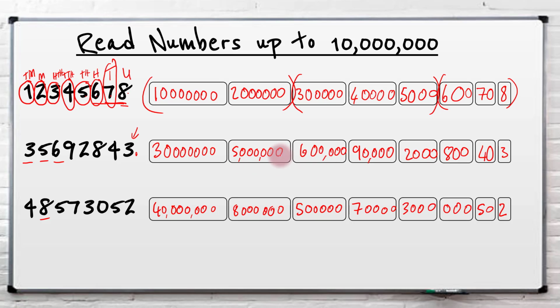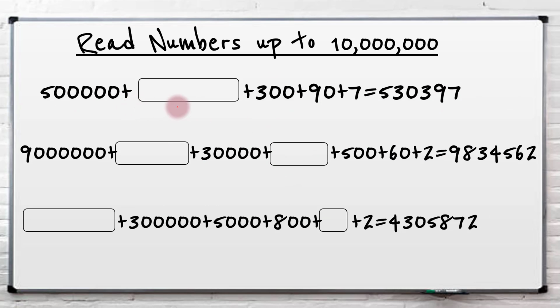So every 3. So count 1, 2, 3, 1, 2, 3, and you put a comma. It doesn't have to go in, but it can help you. Now the next thing we're going to look at is very similar. We need to look at this number, and we need to put what the missing number would be, because this number is